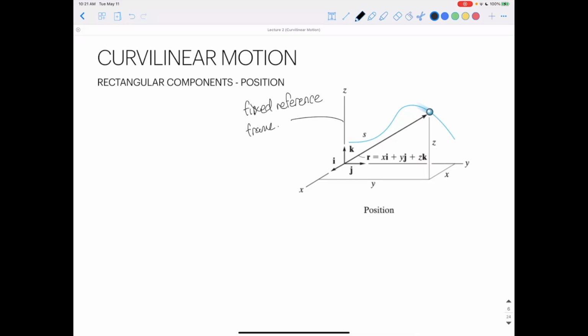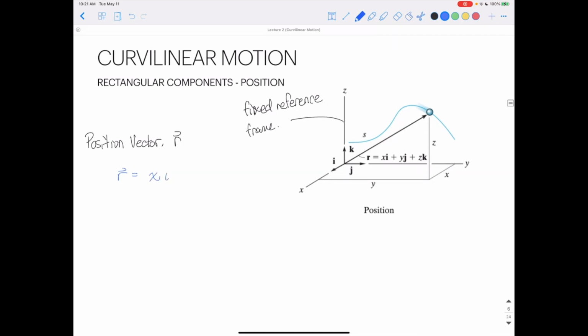And we have our position vector. We wrote that as r, and in this case, we can say r is equal to